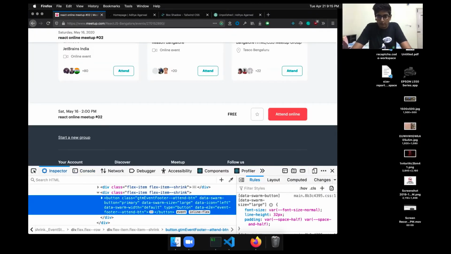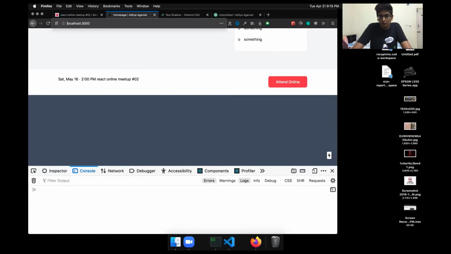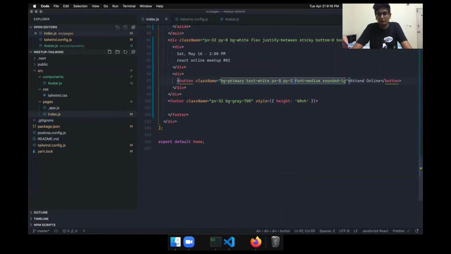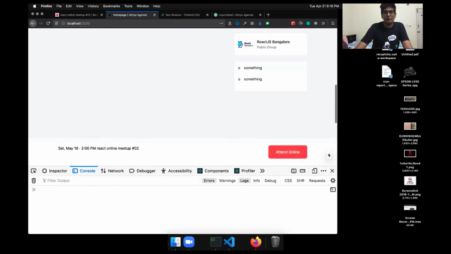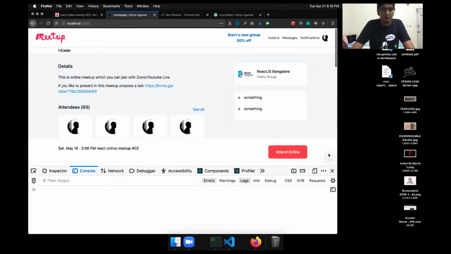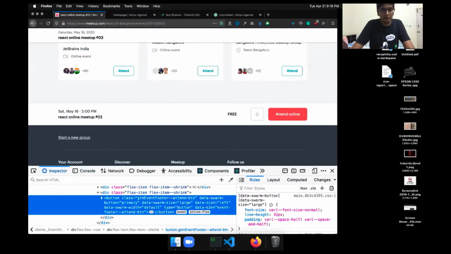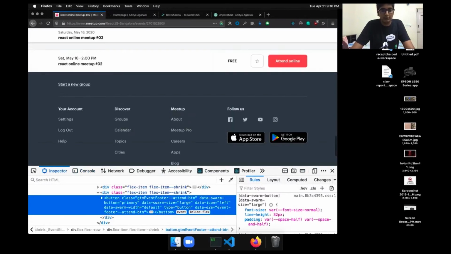Okay, and if I measure it, it is saying 165 by 50 on my system here. The width is right, but for the padding, we should give more. So I think we were right earlier only; PY4 would be better. Okay, so we have the button with us, and we can style this thing later on, because the main thing here is done.